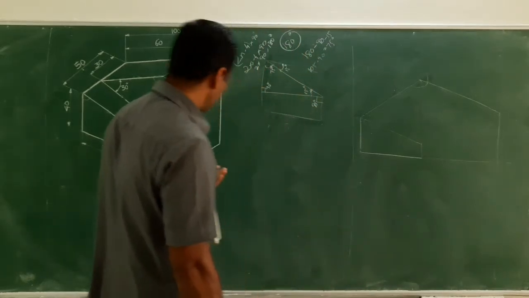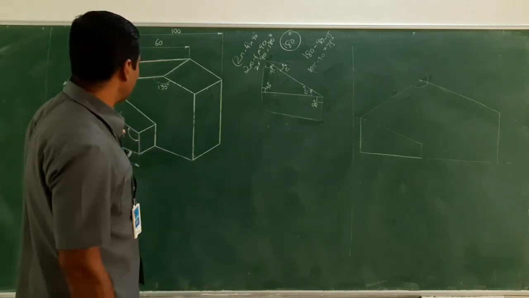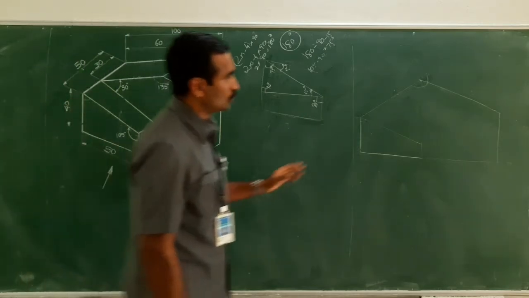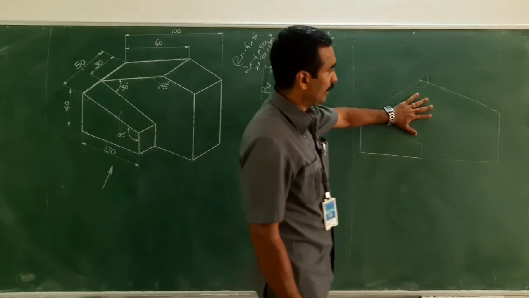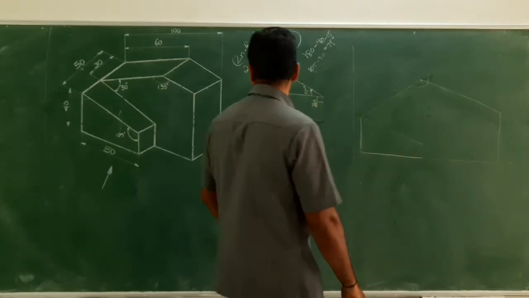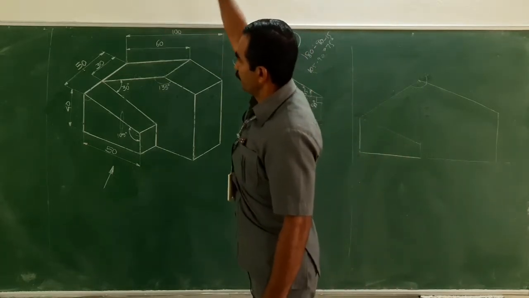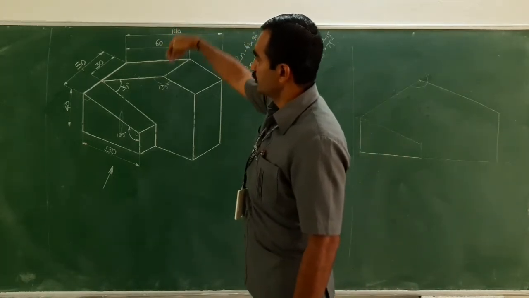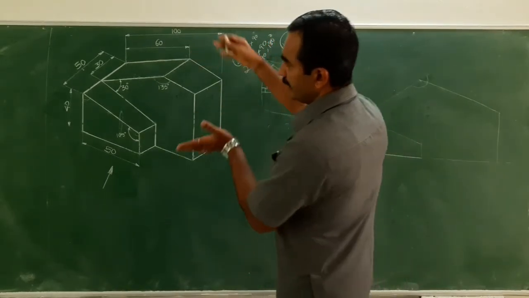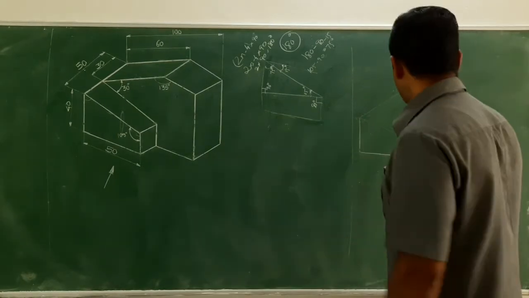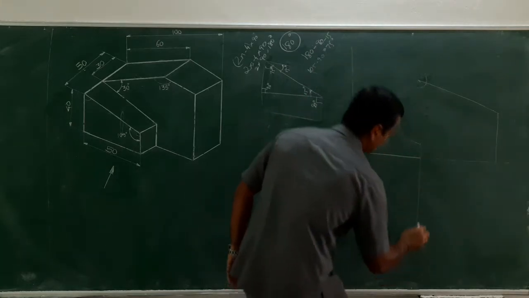Now connect this. Now I got the total view, that means this portion has been captured and this particular portion has been captured here, right? So the front view I have captured. Now let me just move to the top view. So I look at it from the top. What are the things I could see? This is for length and width. That is for the plan. Let me just extend all the lines vertically downwards. That is the projection line.